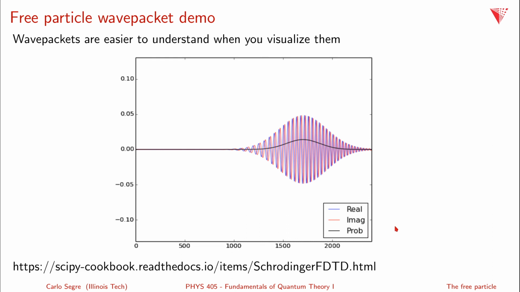You can find this program at the SciPy cookbook. It's called Schrödinger FDTD.html. You can download it, you can run it, and you can play with it yourselves and get a good feeling for the